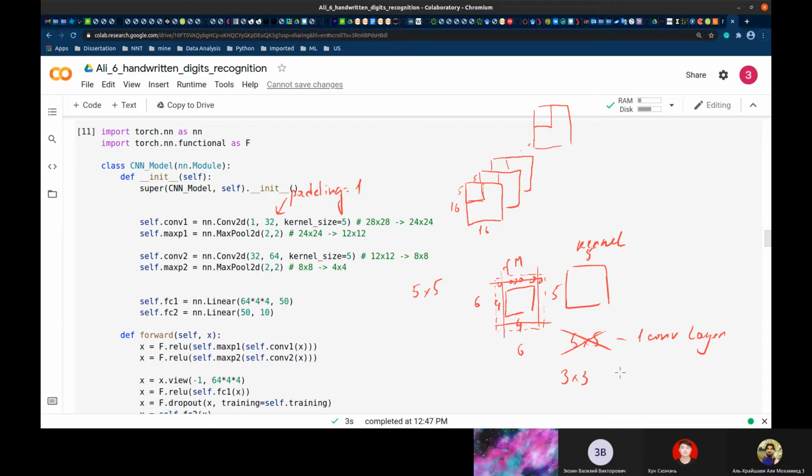It means 2 convolutional layers using kernel size 3 by 3, because if you use 5 by 5, you can see an area of 5 pixels by 5 pixels. If you use 3 by 3, you can see 3 pixels by 3 pixels. But if you use 2 convolutional layers 3 by 3, it means that you can see